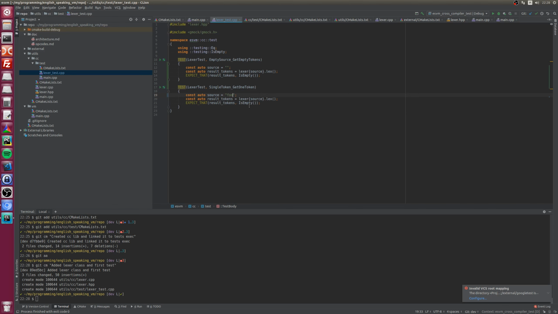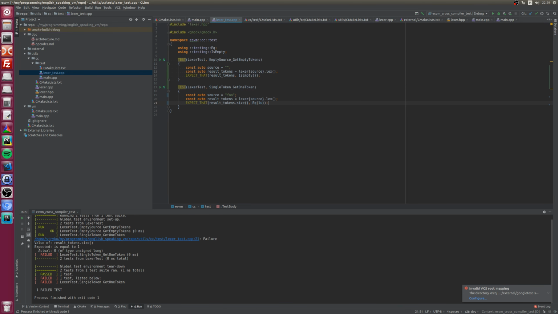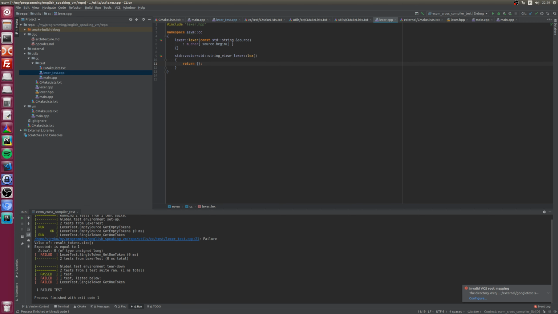Result tokens, and yeah, let's check its size and assume it equals 1. Okay, so obviously the test now fails, but we are about to implement that functionality, actually the lexing functionality.